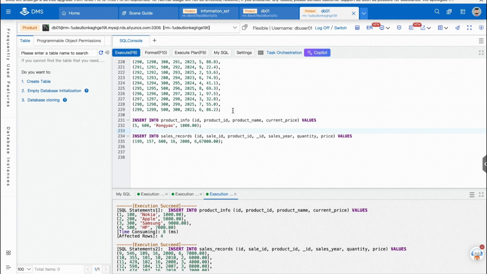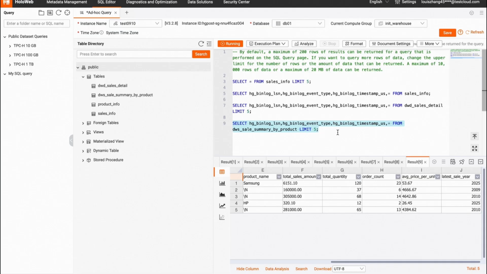Here we also prepared 2 more records to confirm that the change data capture function is really working. We are inserting a new product, which is called 荣耀, into our data set, and we also need to make sure that it has its corresponding sales record here as well. Since right now we haven't inserted the data yet, let's see what would happen if we query for that data. We just need to copy this, and then